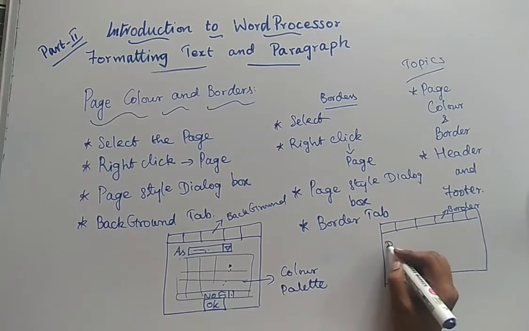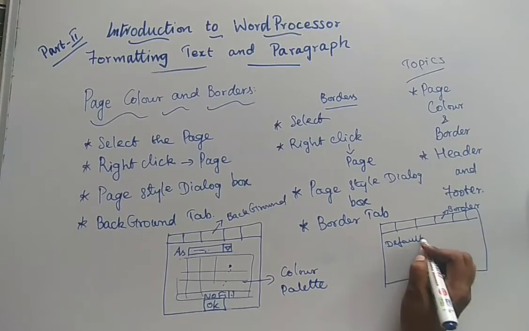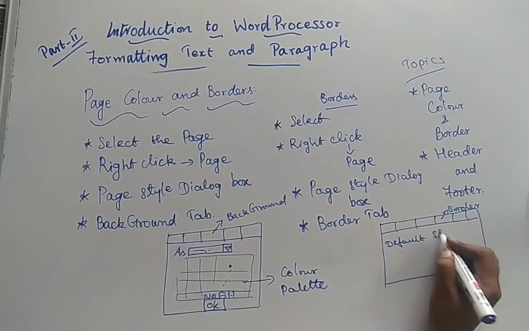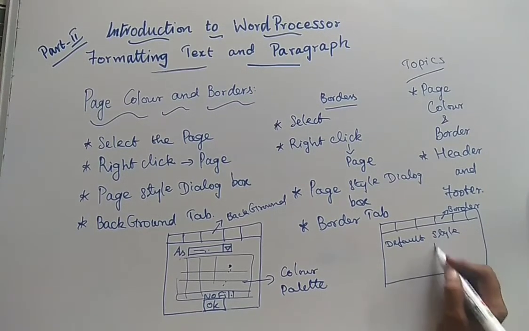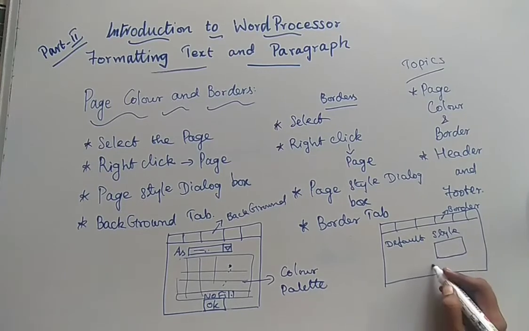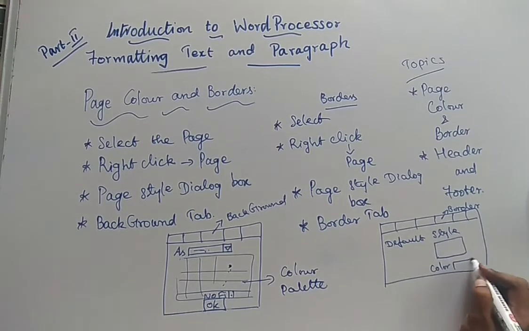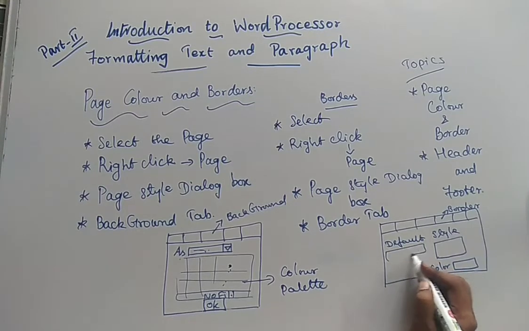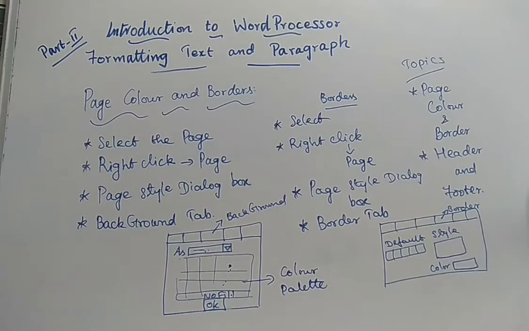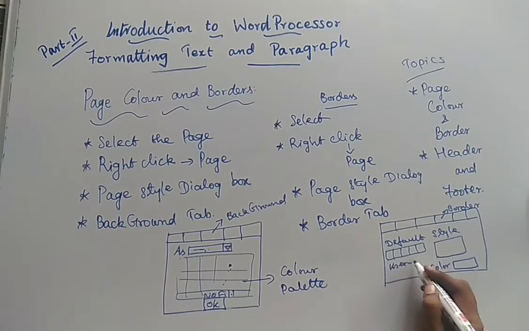You will have many options, and I will write a few. The first can be your Default. Then it is your Style, where some styles will be displayed. Next you will have the Color, where you can select the color. What do you mean by default? While the programming is done, they could have set some values already. That is your default. Next you will have User defined.